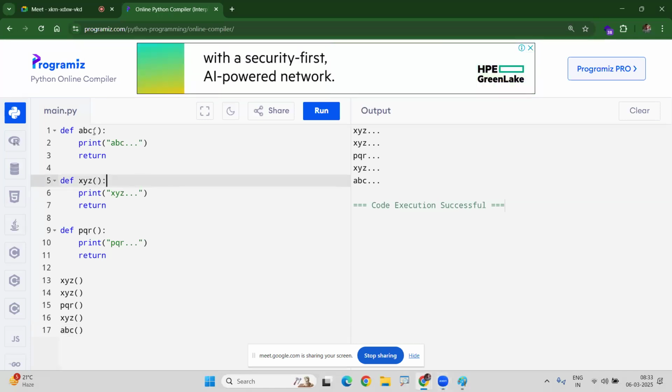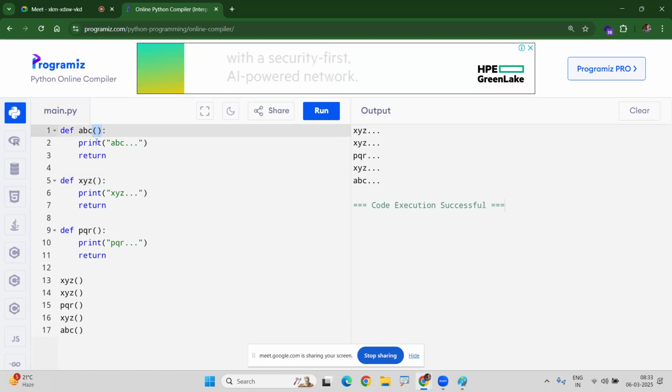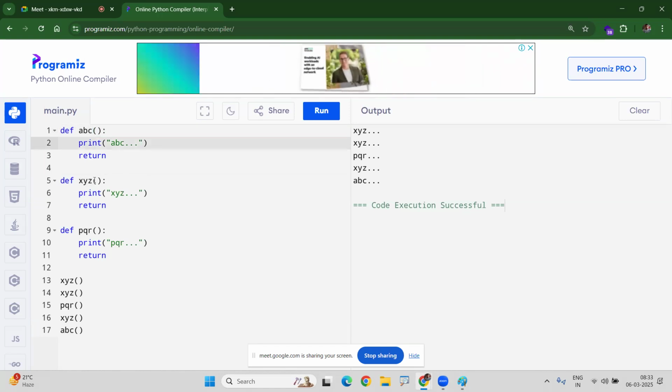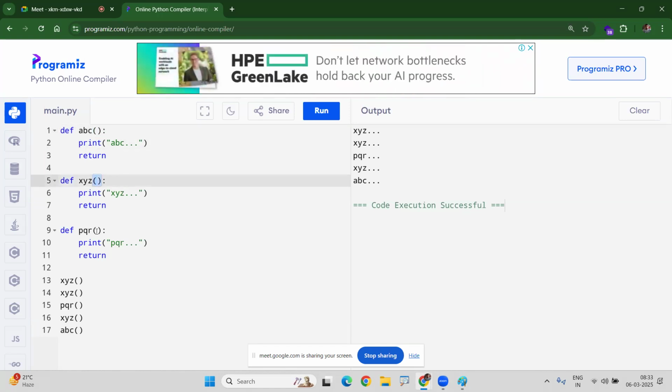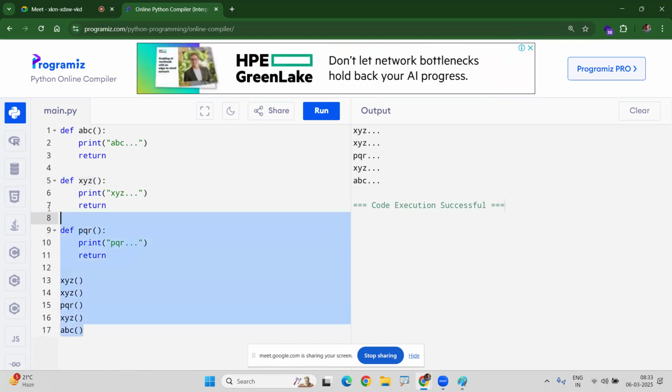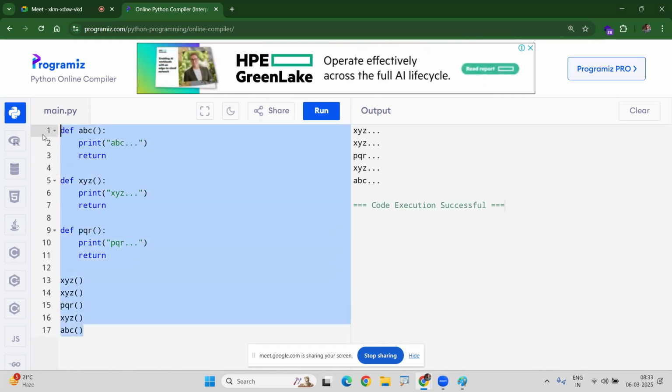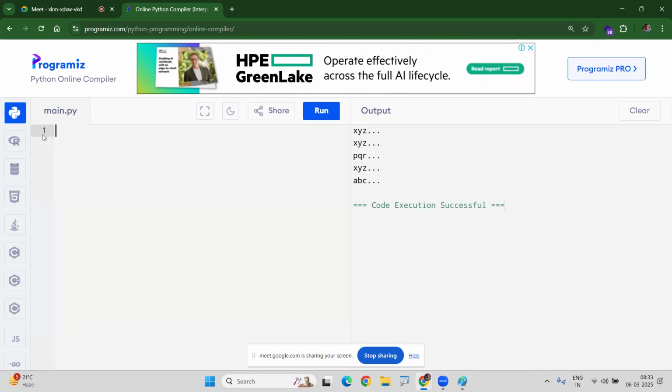What is the purpose of this parenthesis now? Initially, we have written some examples where the parenthesis is empty. Parenthesis is used to pass input values. Suppose I want to perform an addition operation. Define add